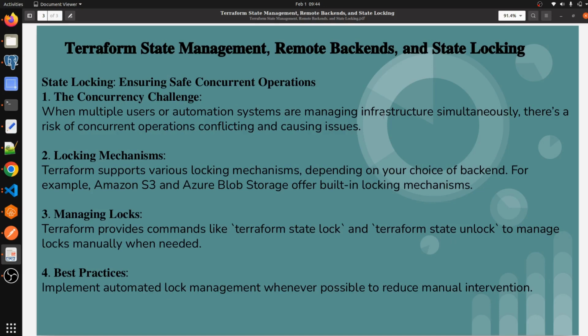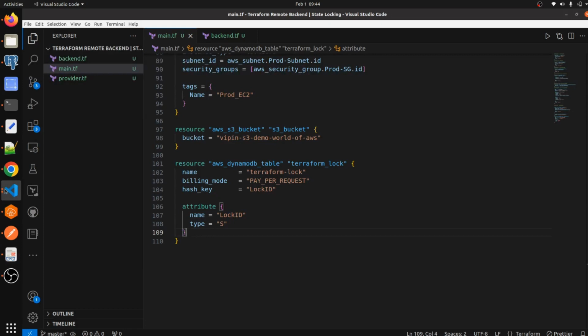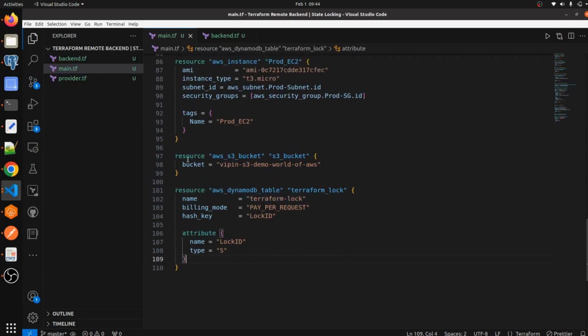So we are going to implement automated locking using a DynamoDB table. Let me jump to the terminal here. I have written all the scripts here.